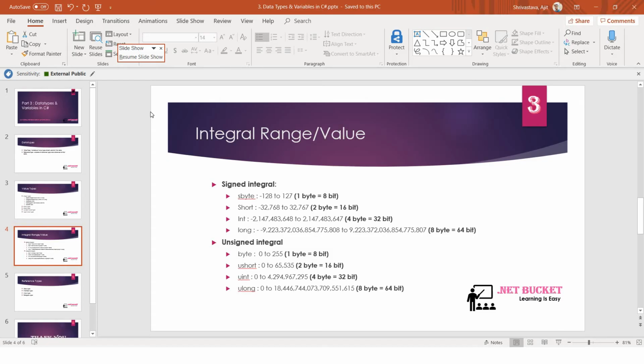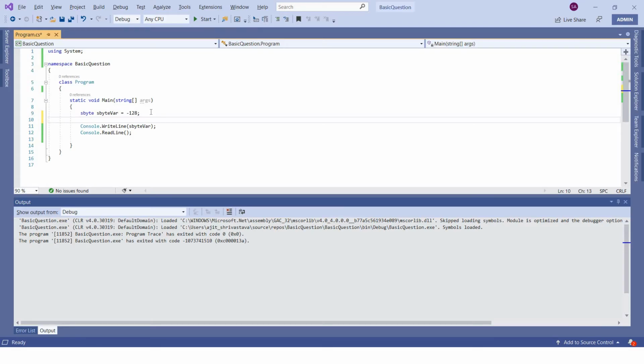Similarly, you can have variables of type short, int and long. So let's try with just int. If you want to declare a variable with int type, just type int, give a proper name, equals anything. If you want to print it, similarly just copy this, and this is my int.